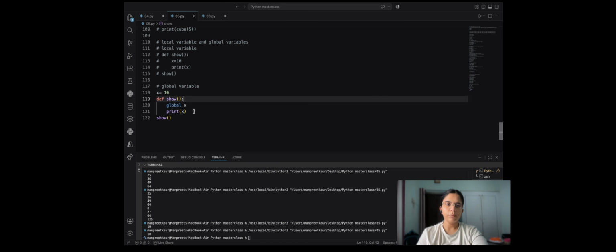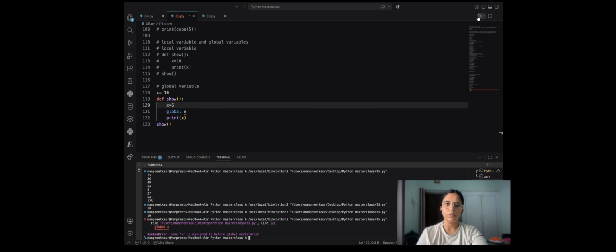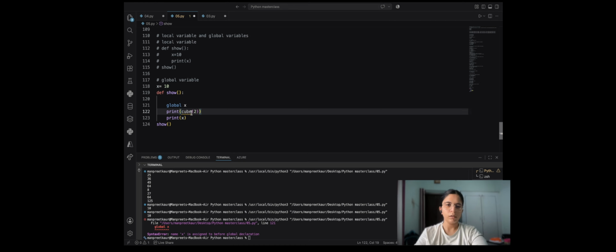What happens if I write x is equal to 5 also, global x? The error says name x is assigned before global declaration. What happens if I write x is equal to 2?